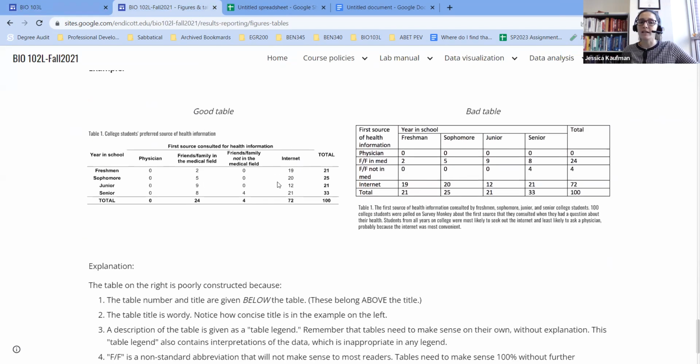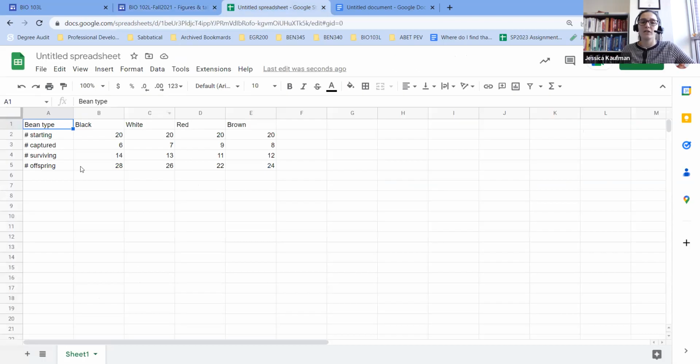And what we're going to focus on in this video is how to create a good table when you have your data stored in an unformatted spreadsheet that may have formulas in it. So this is a typical spreadsheet that people made for the first lab. We can see some of the values are numbers that were typed in, and some of the values are formulas. One trick that we can do to make sure that the data will be copied well to any other